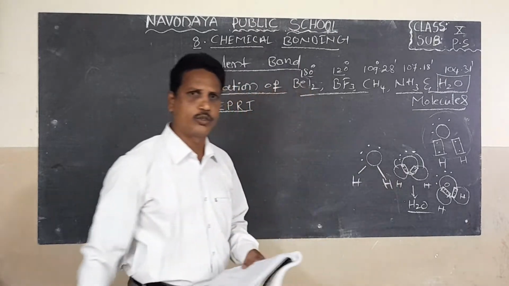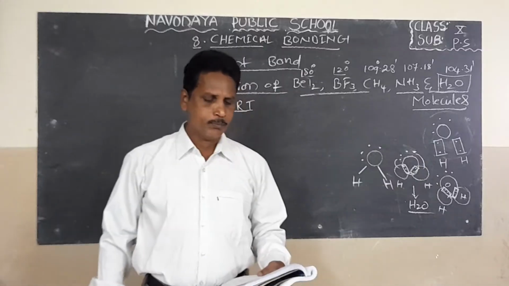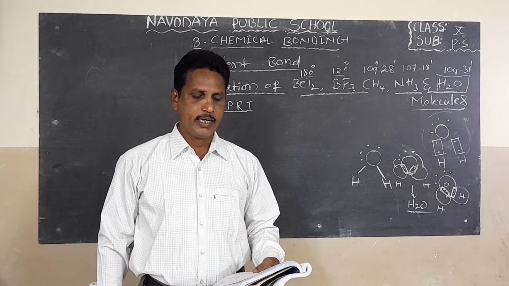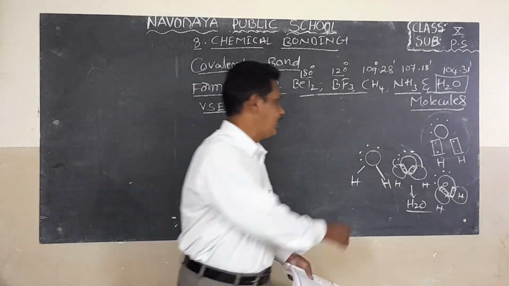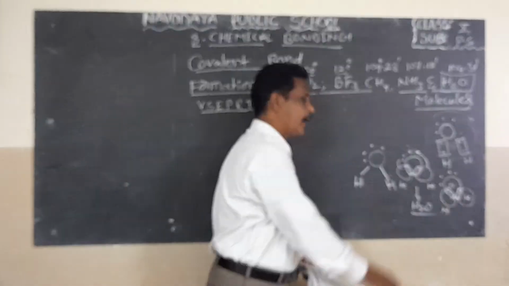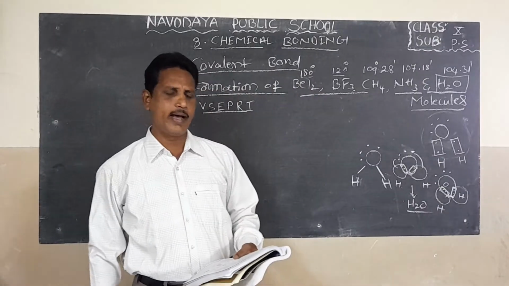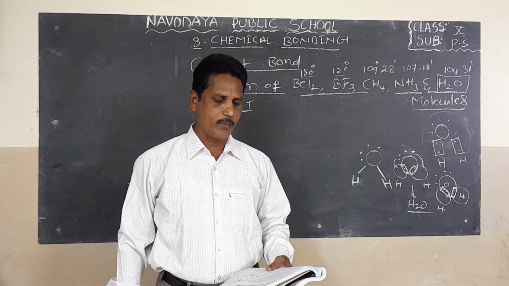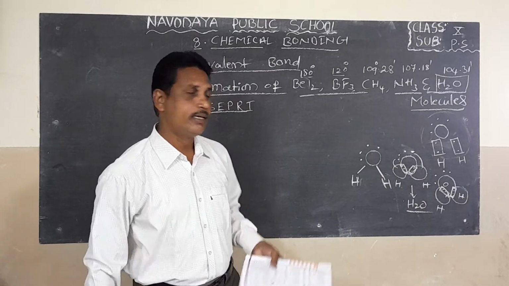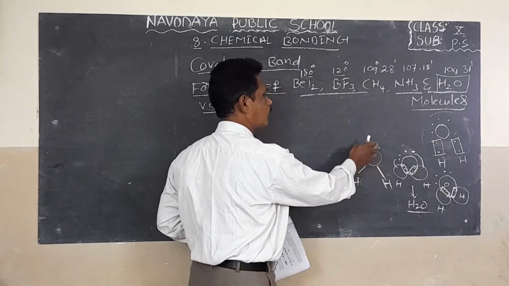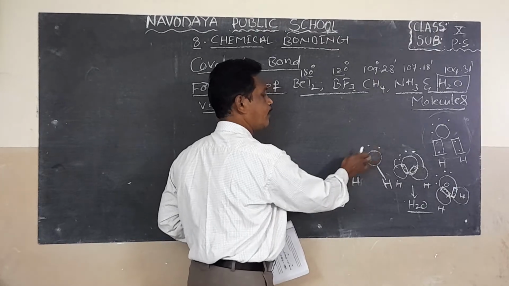Two single covalent bonds around the nucleus of a central atom without any lone pairs in the valence shell. Both hydrogen atoms have no lone pairs in the valence shell, so they must be separated by 180 degrees. Here oxygen contains two lone pairs of electrons.